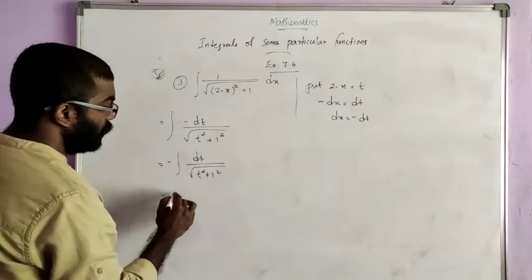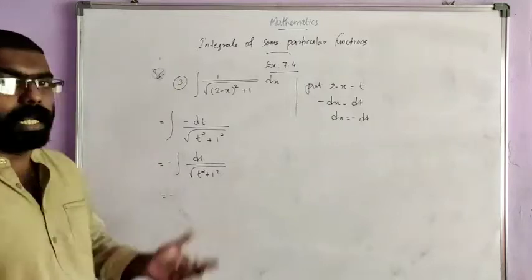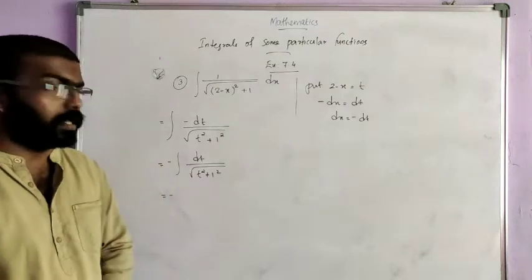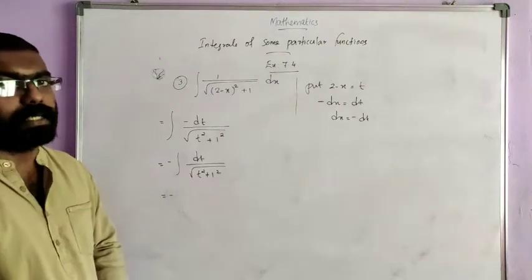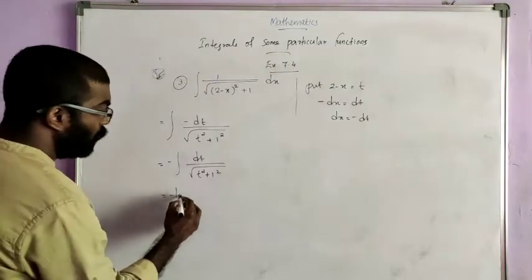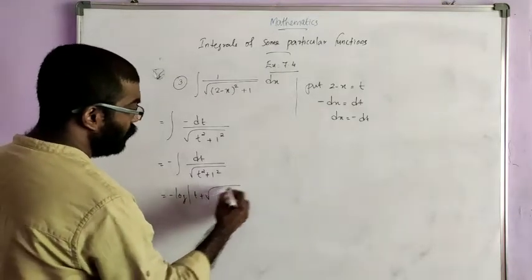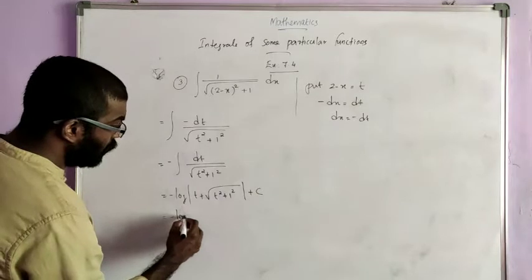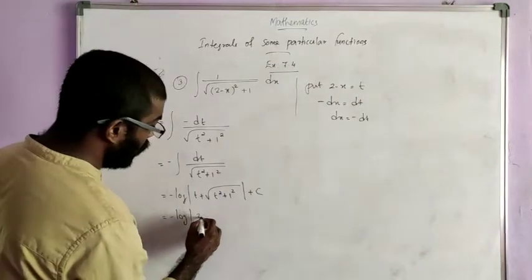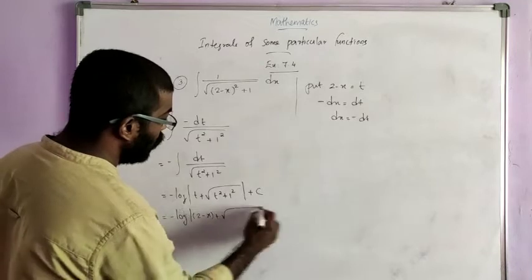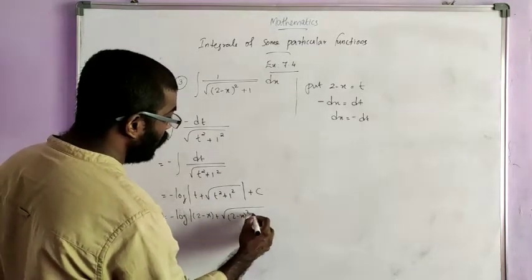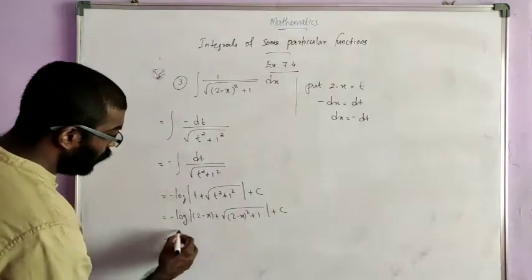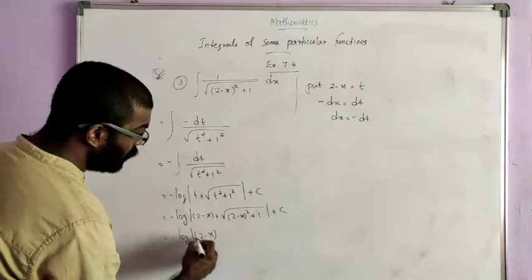Okay, that is minus of integral dx by root of x square plus a square. The same formula we have applied in the previous question. Log mod x plus root of x square plus a square. Here log mod t plus root of t square plus 1 square then plus c. Or we can write minus log mod, t value is 2 minus x, so 2 minus x plus root of 2 minus x the whole square then plus 1 square. 1 square is 1 then plus c,